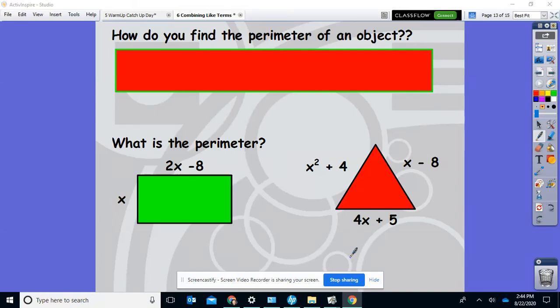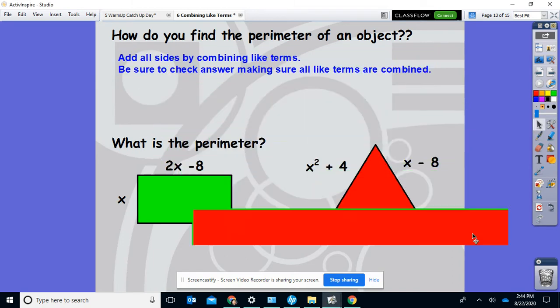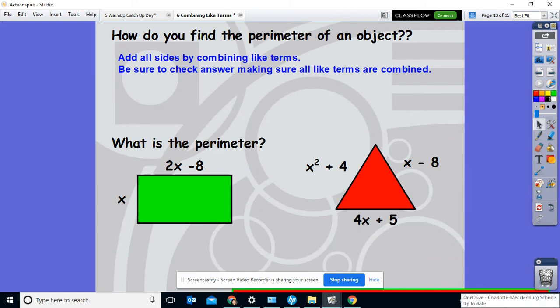So we're trying to combine like terms, and we're looking at it in terms of geometric figures. So first thing to remember is, how do we find the perimeter of an object? Well, remember, we want to add all our sides up. Okay, we're going to add all of our terms and make sure that you are adding the like terms. Okay, so let's look at this